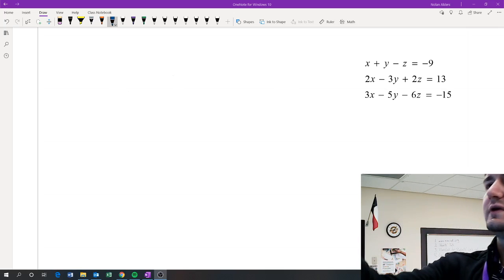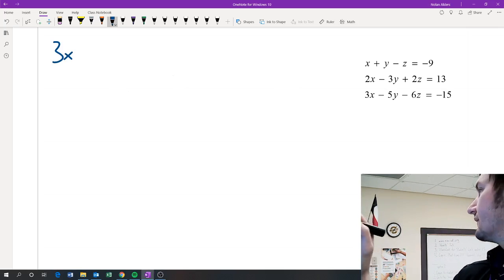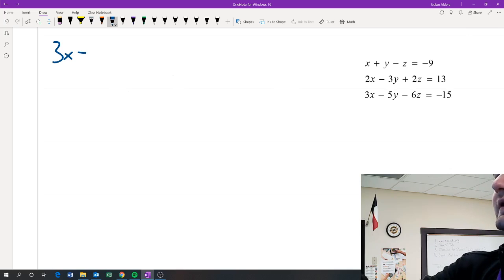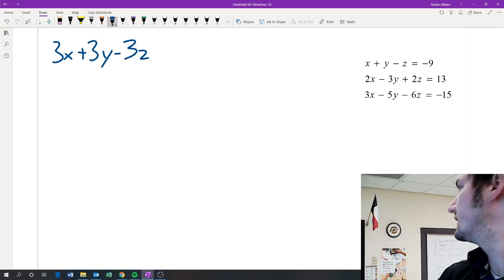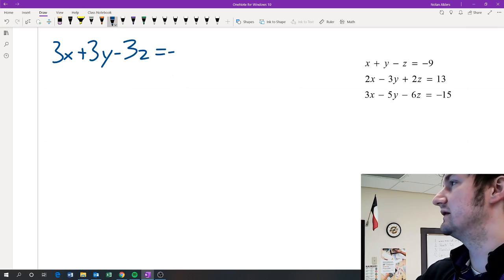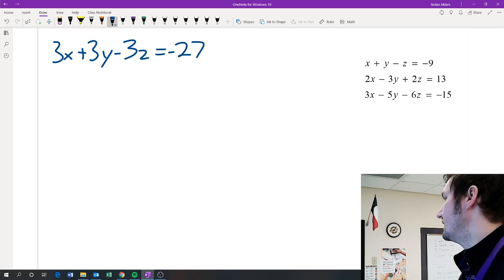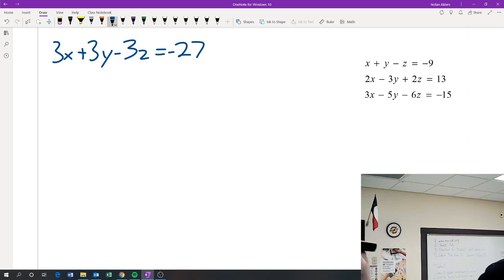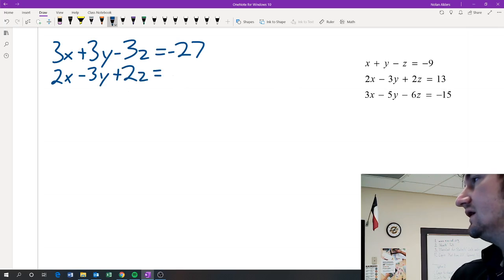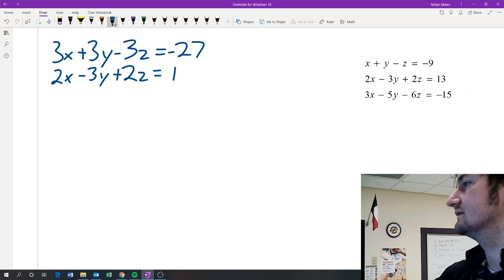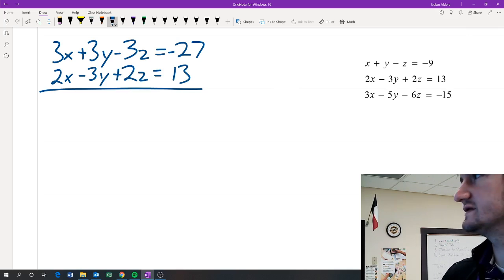So we'll get 3x plus 3y minus 3z equals negative 27. Okay, and then we'll rewrite the second equation, which is just 2x minus 3y plus 2z equals 13. Now let's add these two equations together,